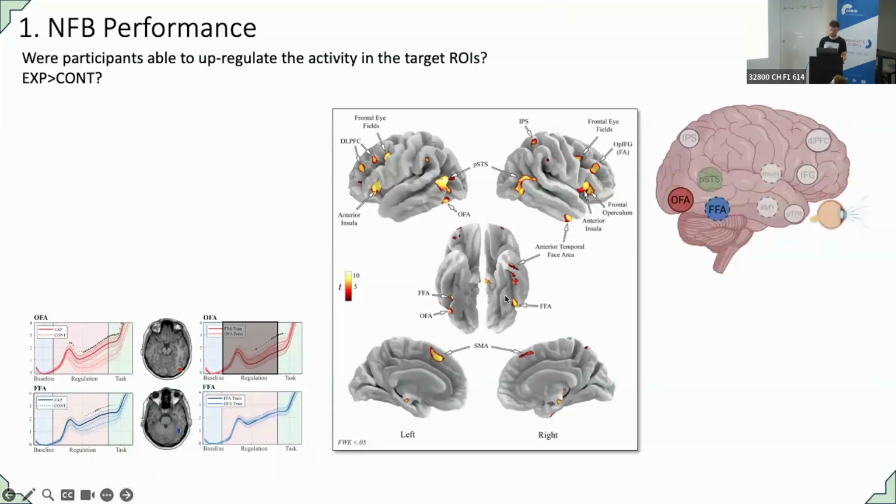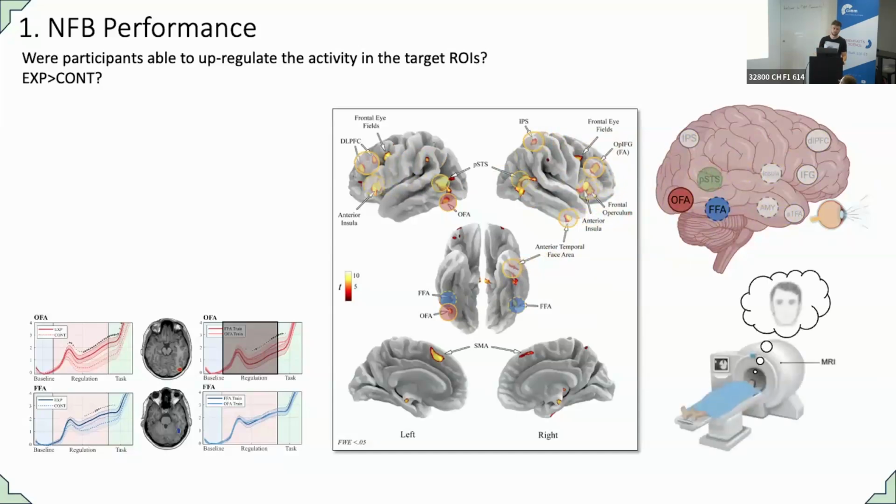And the take-home message here is that pretty much the core face network, as well as the extended face network, were co-activating during self-regulation. And that's interesting because at this point in time, participants weren't seeing any faces, they were imagining faces. So they recruited similar networks that we use when we perceive a face. Now, that's not really revolutionary, but it's still an interesting finding. And it has some theoretical implications for what we try to establish within the FFA and OFA that I will